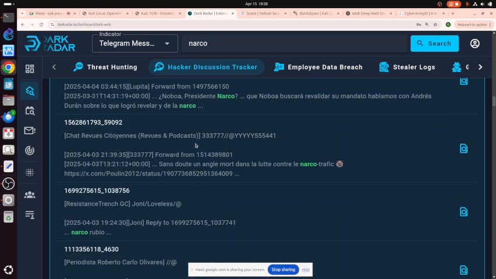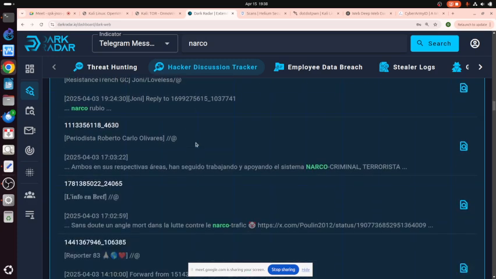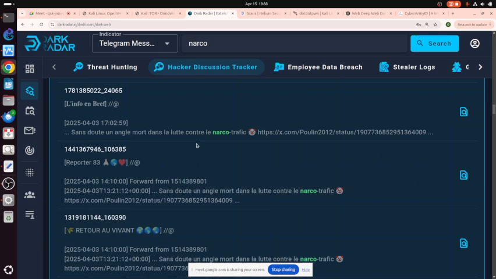So we can basically monitor what they are talking about. This is in Telegram, so we can check what they are talking about. If we want to look for something, for example, arms, whatever, then we can put it in. But we need to have the exact keywords. Then we can get this. So this is how we actually track things in the deep web.